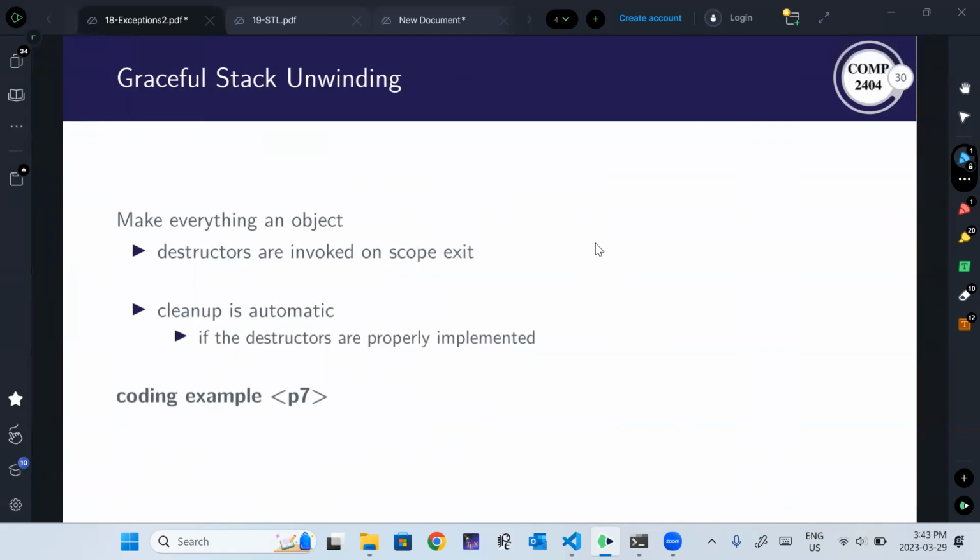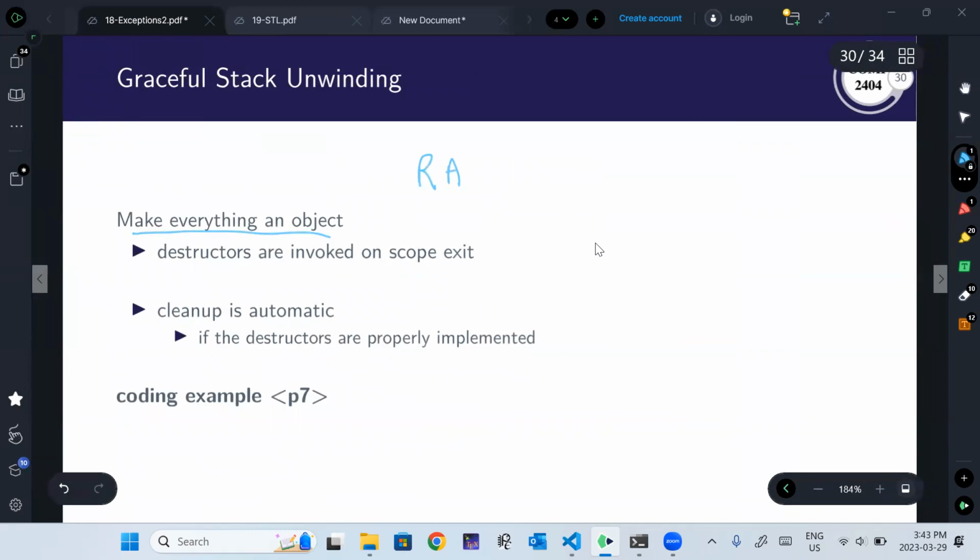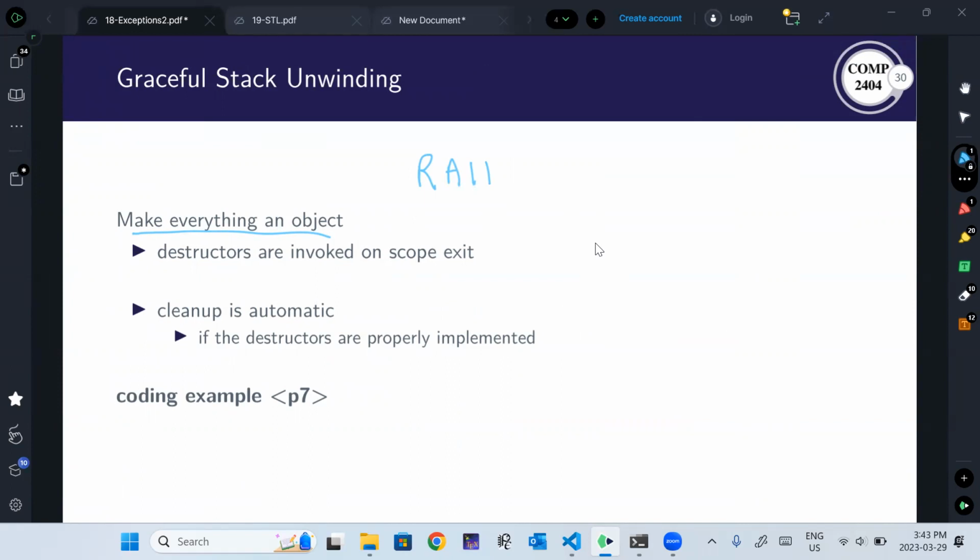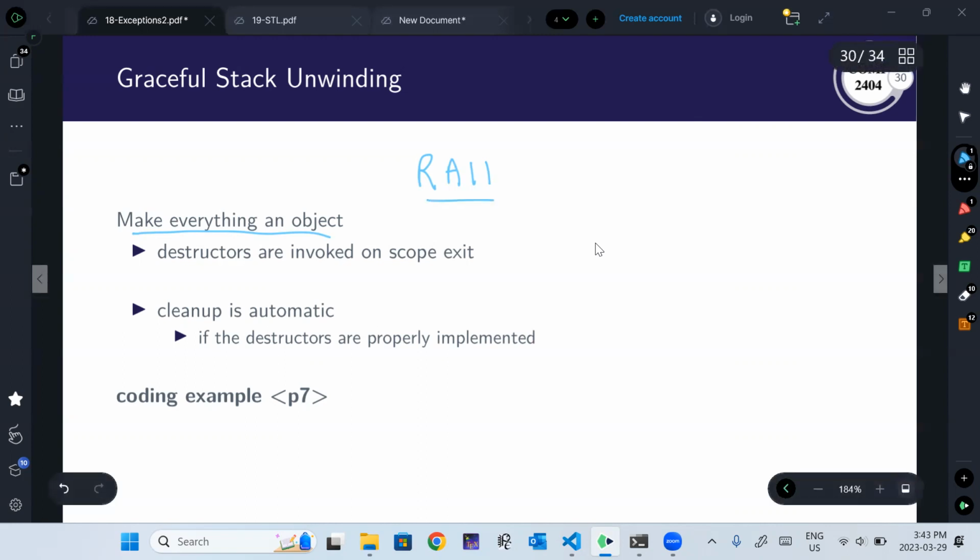The other is this: make everything an object. It's called, I think it's called this, resource acquisition is initialization. So every time I open a resource, I tie that to the lifetime of an object which is statically allocated and will at some point have that lifetime expire, right? So this is a very safe way to manage your memory, where everything is going to get handled by basically being popped off the stack. So when we do that, the cleanup is automatic, as long as we implement the destructors properly. So let's take a look at these 3 possible solutions.